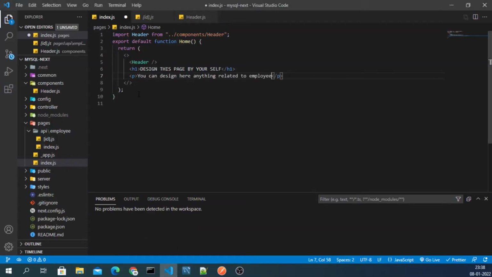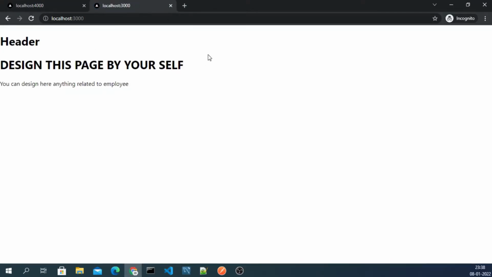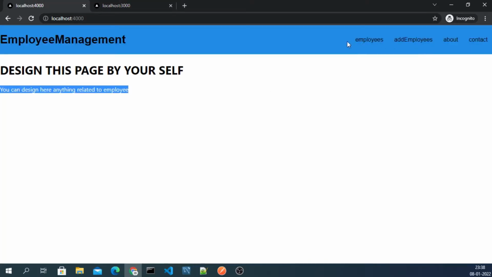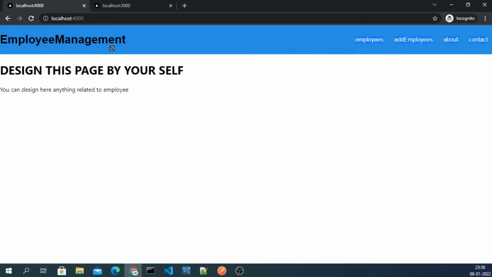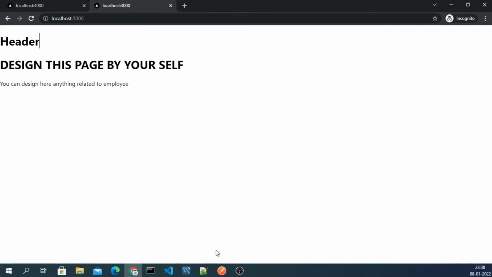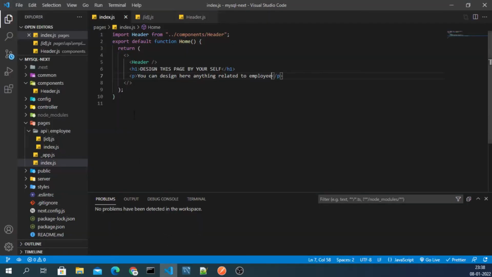Okay, so if you go here and check, now what we have to do is, we want this header here, right? The header and all the elements which are here, this thing we want now. So for that I'll go inside my header component.